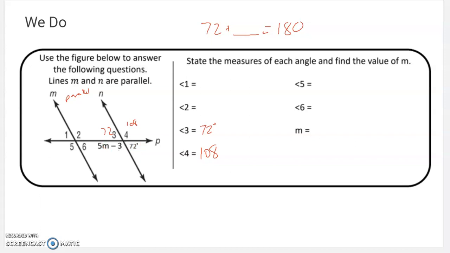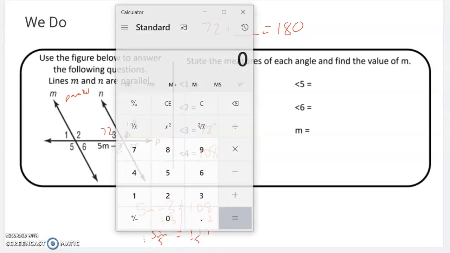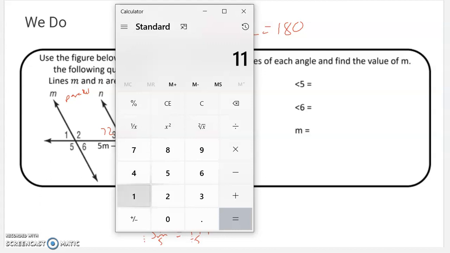I'll choose the vertical. So I know that whatever this is, 5m minus 3, I know that when I'm done, it's equal to a 108-degree angle. I would solve that equation by adding 3 to both sides, and now dividing both sides by 5. And I'll take a calculator for that since it's not going to come out even. I think I know what it is, but I'll double check. 111 divided by 5, 22 and 2/10